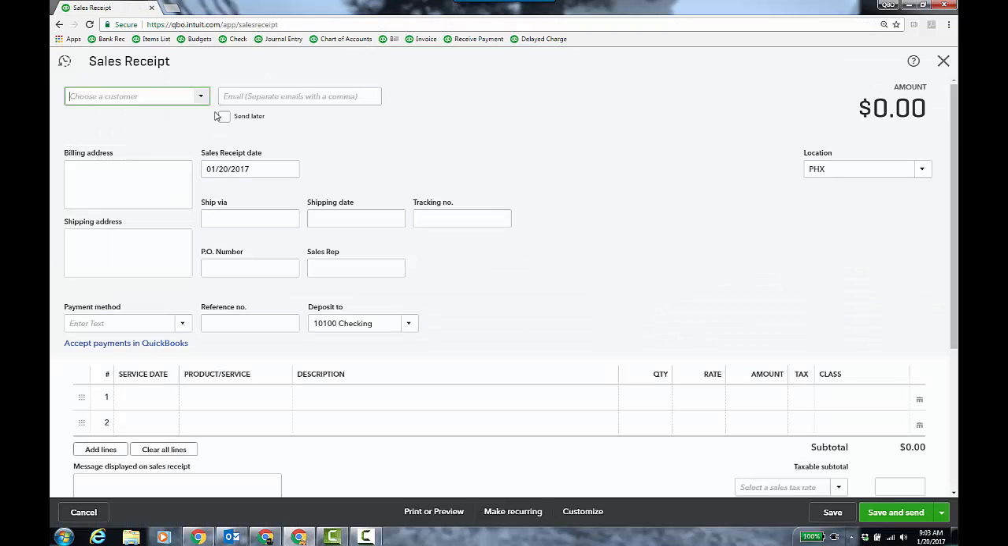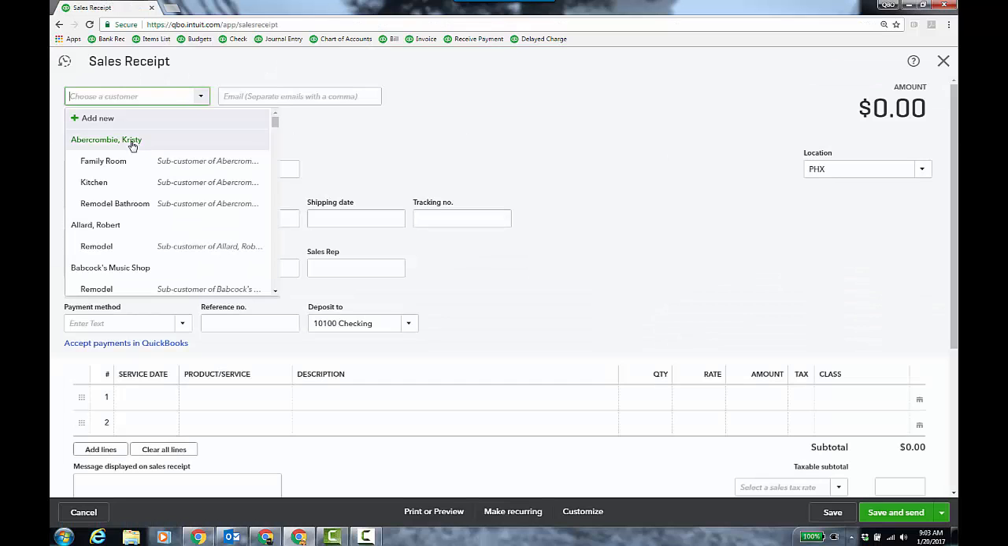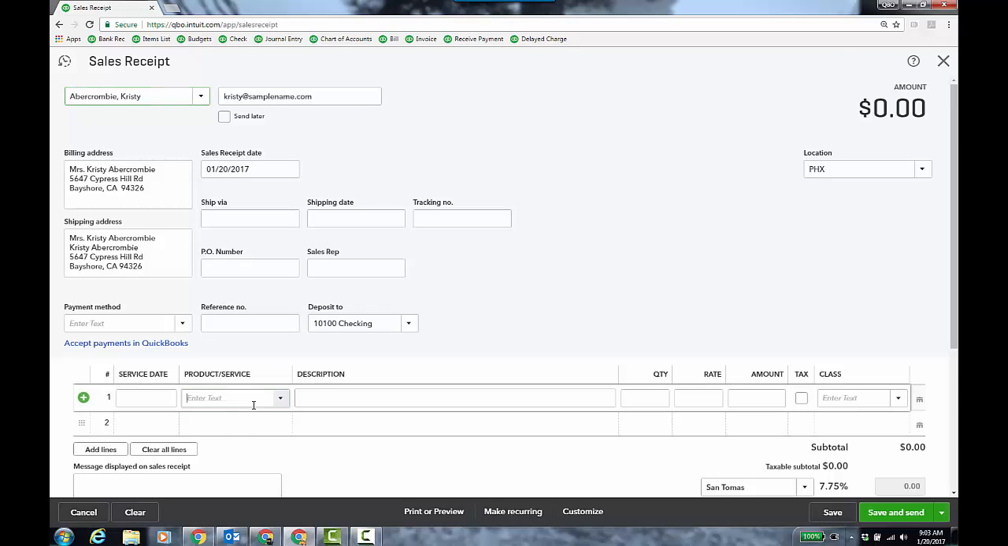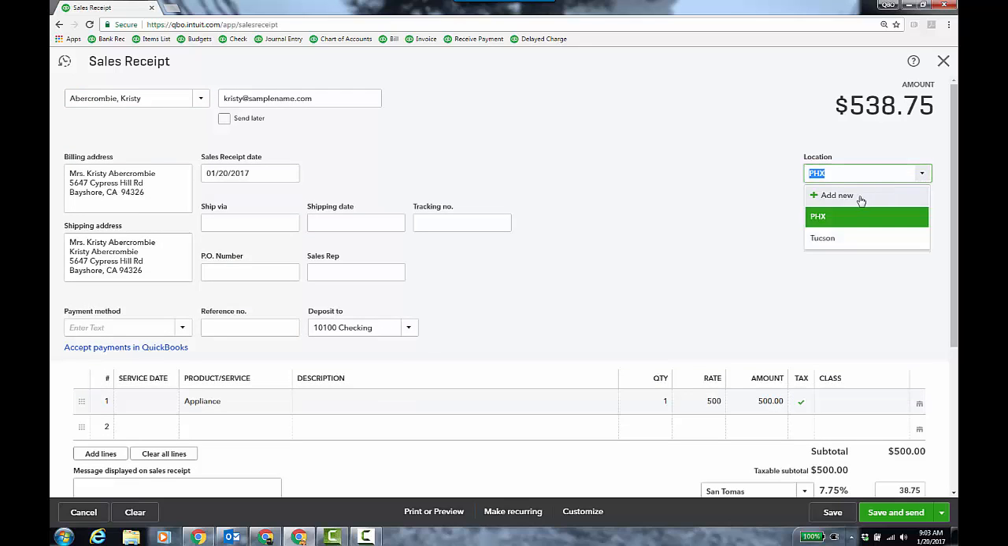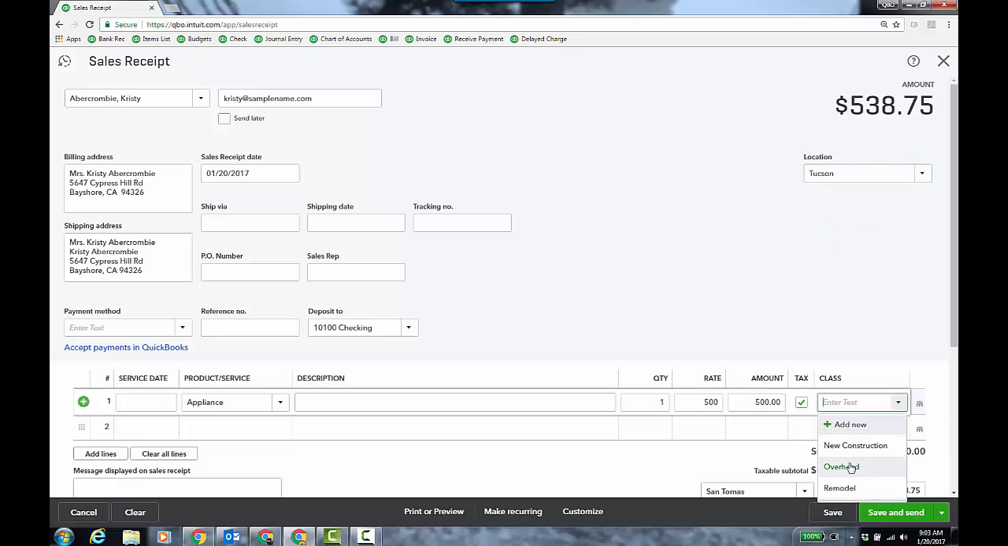Now let's look on the sales side. And, you know, good old Christy, we will sell her that appliance or something. And then again, I have the Tucson location this time. And a class would be, you know, this would be new construction, etc. So again, class I can split out by lines, and it works really good in a profit and loss by class, or filter in other reports, as we saw with the quick report we did, or the Control Y report in the last transaction. And then the whole 538.75 is going to go to the Tucson location,